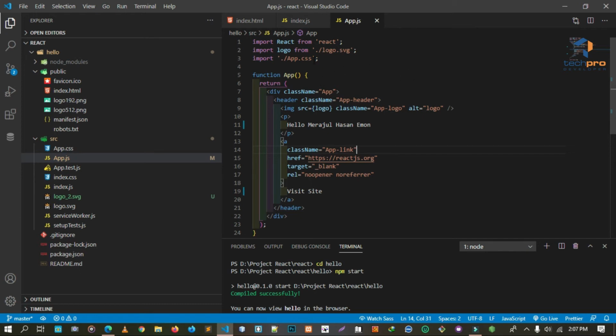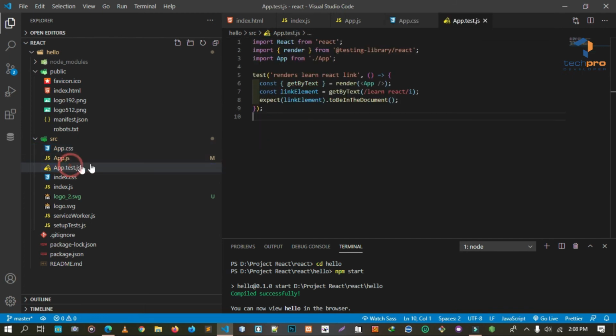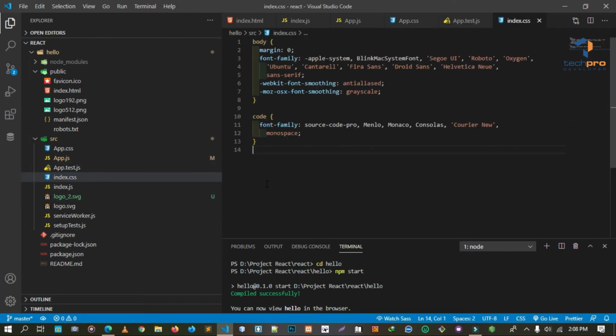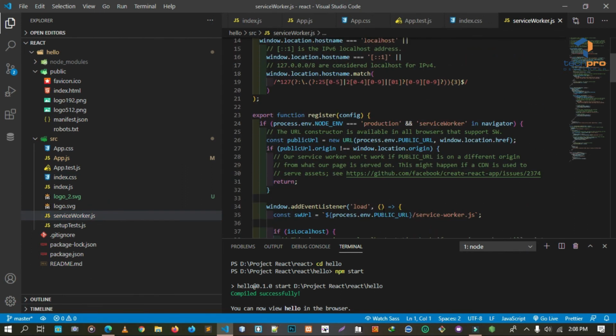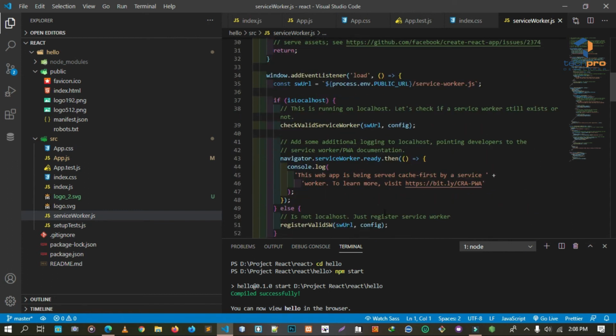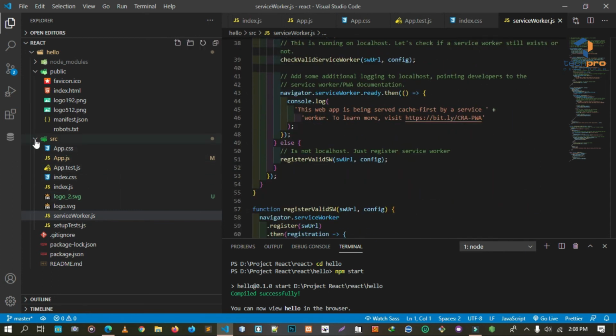With App.js, Create React App also generated the App.css file for styling, and the App.test.js file for unit tests. The App.css file contains classes that are applied in the App component, and the test.js contains a simple test case. We also have an index.css file that applies styles to the body tag. And the logo SVG is referenced in the App component. We have serviceWorker.js, which is again concerned with progressive web apps and can be ignored as a beginner. And that is the folder structure of a React application created using Create React App.